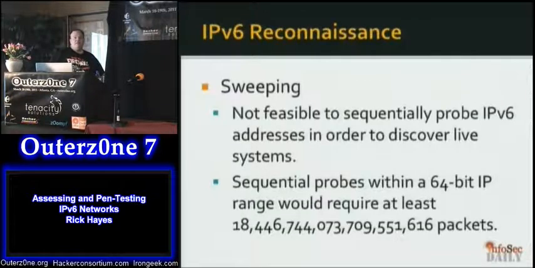In a v6 environment, you can't do that, because essentially you would be sending whatever that equates to. It's a huge amount, because it's so many zeros, it's not even funny. The point being, it's not feasible to do a ping sweep of an entire v6 network, because guess what? If they're routing that, you're also talking to internet-facing systems. You're talking to universities and other folks that are running v6. So doing that to find out what's alive is problematic, as you can well imagine, which is kind of what